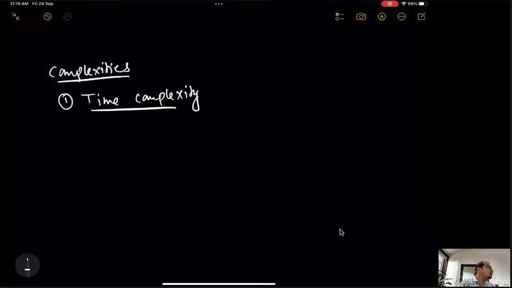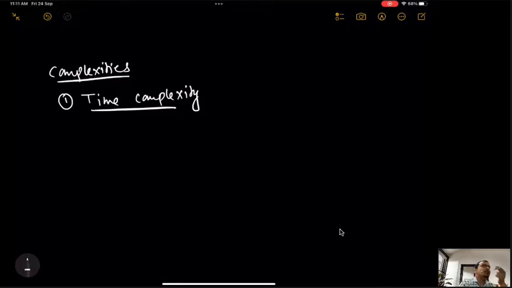If the number of inputs is increasing, is the program taking constant time, or longer time, and in what terms? Is it taking linear time, logarithmic time, or exponential time? That's what we discussed by taking an example of sorting algorithms of n square and n log n.